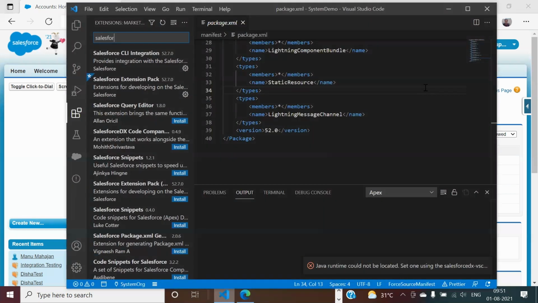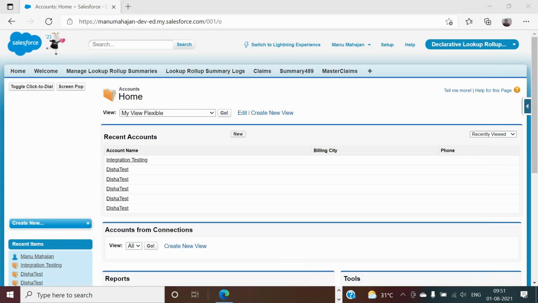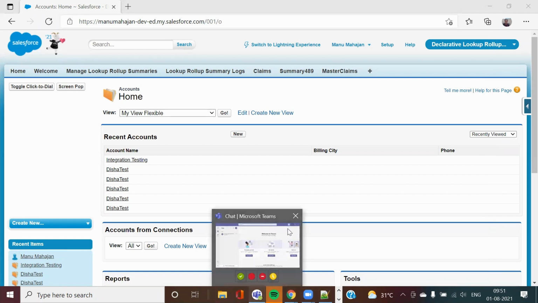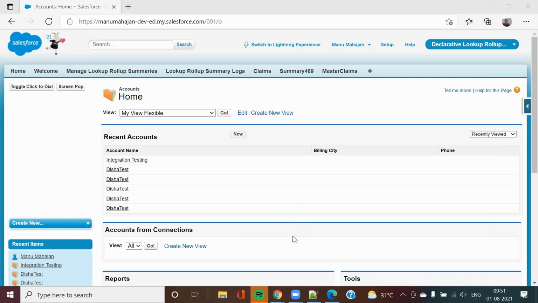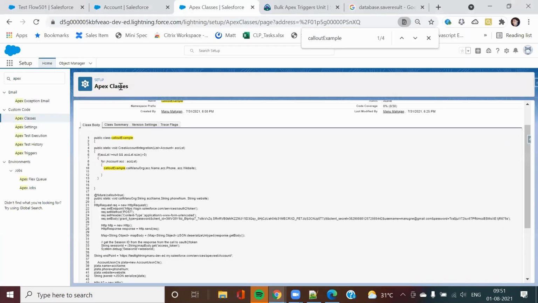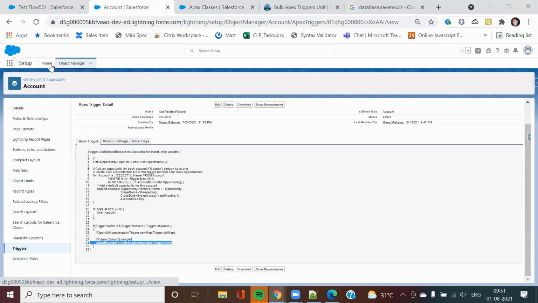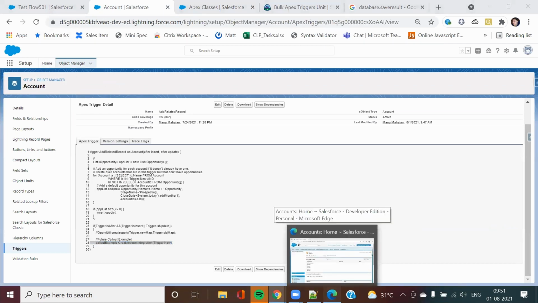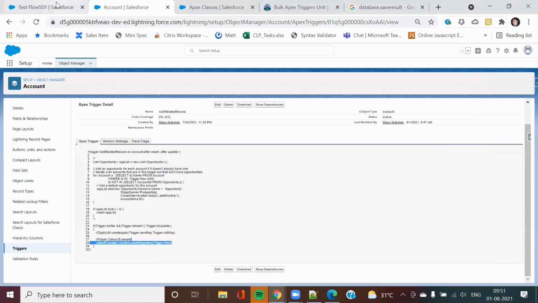Let me try to call this one. So now what I'm going to do, this is my first system, and once I insert an account, it should be inserted into the other system.